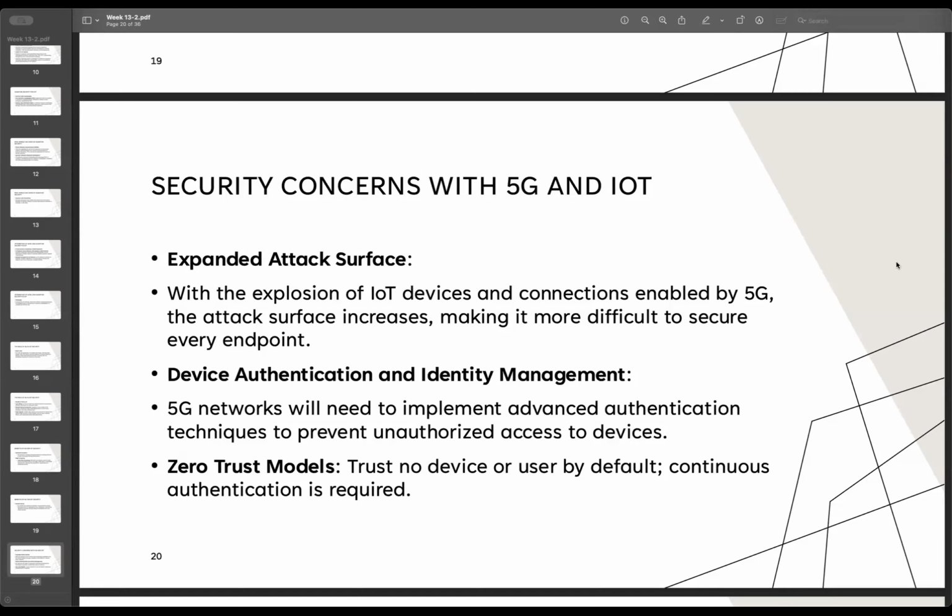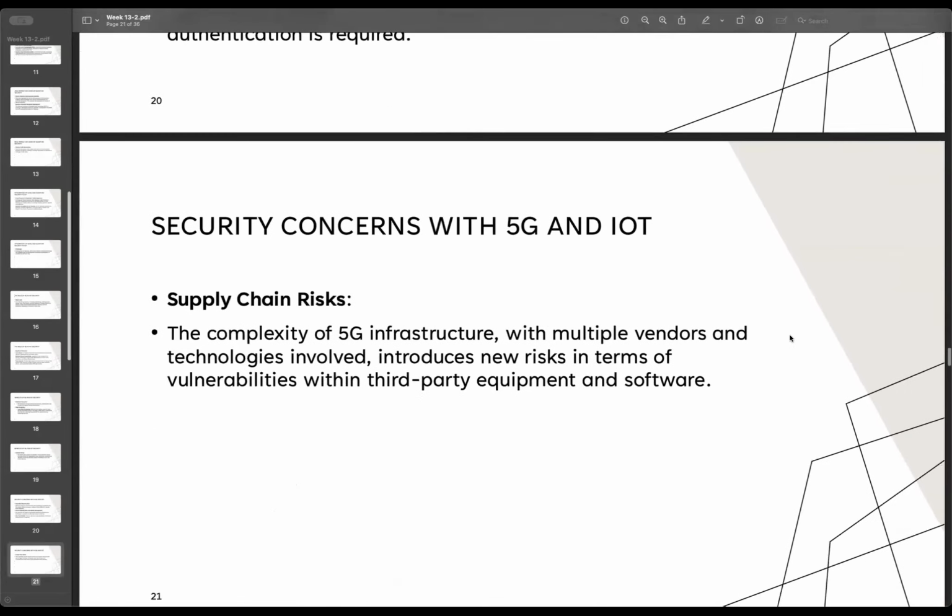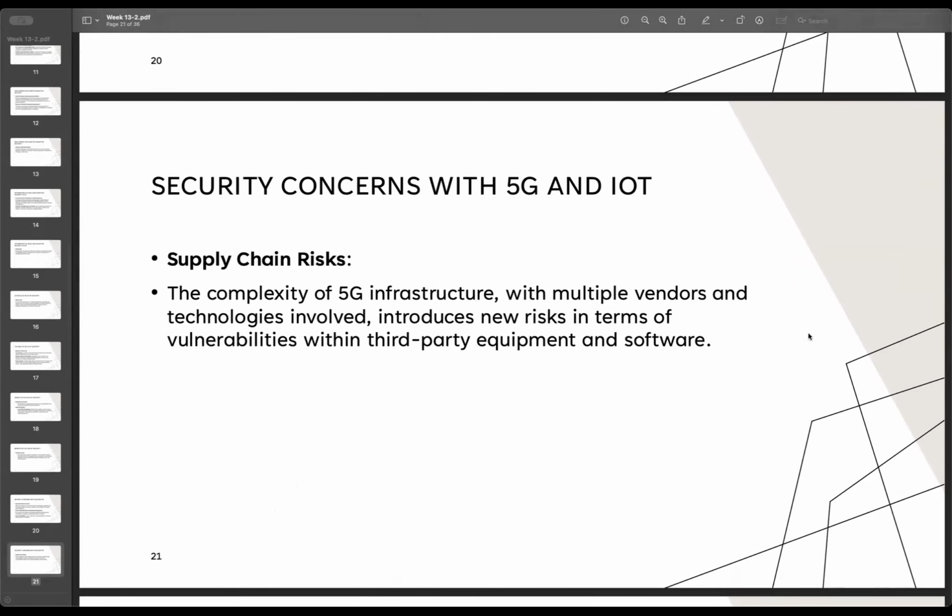And we also try to introduce the zero trust model. This is actually a topic we cover in cybersecurity, and later we'll introduce a bit of it. With zero trust, we trust no device or user by default in the beginning, and then we control authority as required, so we can use it for 5G. I think when we have low latency and it's fast enough, we can apply the zero trust model using 5G too.